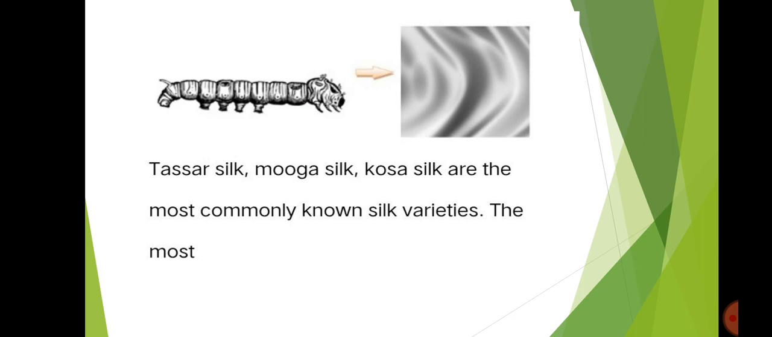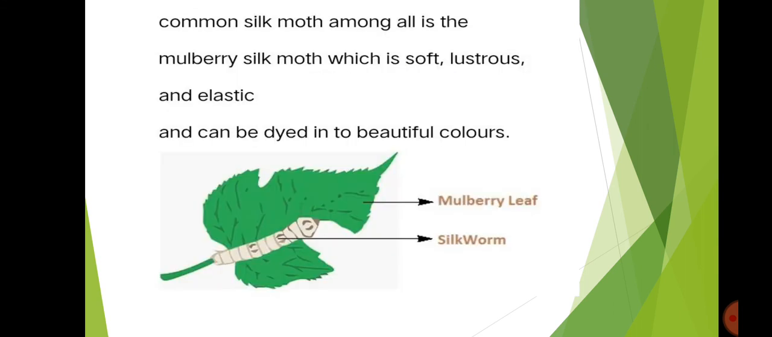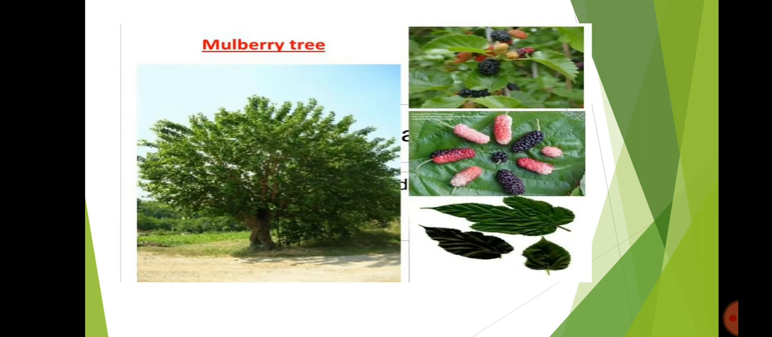Tussar silk, moga silk, and kosa silk are the most commonly known silk varieties. The most common silk moth among all is the mulberry silk moth, which is soft, lustrous, and elastic, and we can dye it into beautiful colors. Look at this picture. This is a mulberry tree. This is the food for